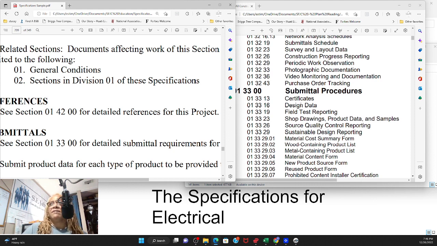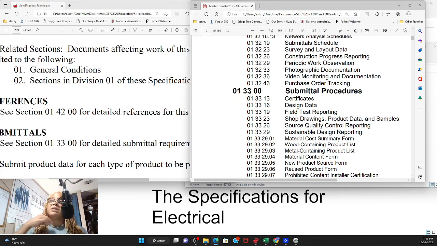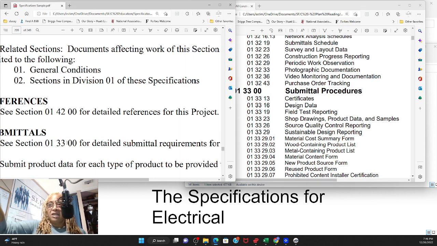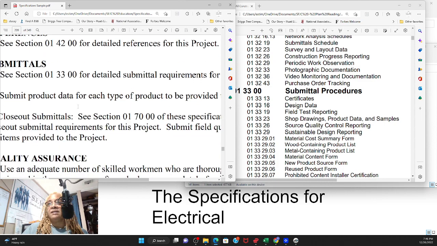Okay, so here, on the right is the master format, which means that everything that could be asked for is in the master format, but everything may not necessarily be in your project. And so they're telling you, go to the submittal procedures, go to 013300, and in this set,